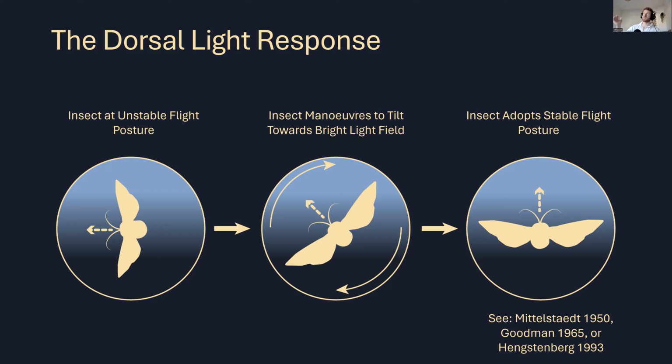But if the direction of light is always up, gravity should always be in the opposite direction. And so what you can do is say that an insect in an unstable flight posture, say tilted over to one side, should tilt itself so that its back is facing towards that light, because then its flight forces are aimed down and it's going to be cancelling out gravity. Really, really beautiful, really, really simple. It's a really neat solution. Maybe not the perfect solution, but it's a really good solution for insects to use.